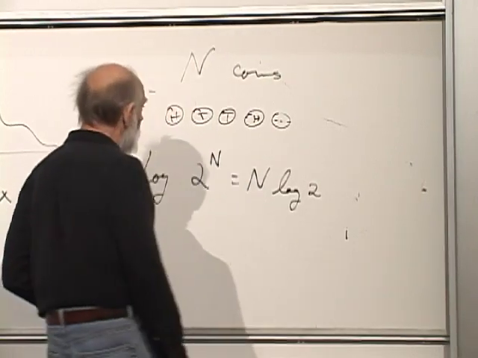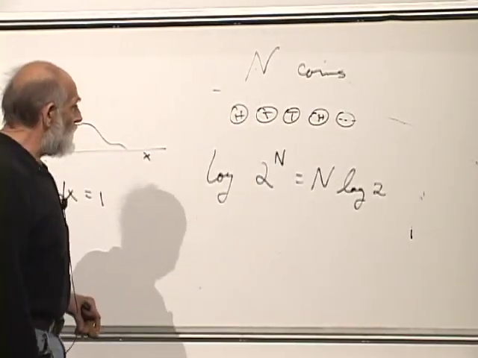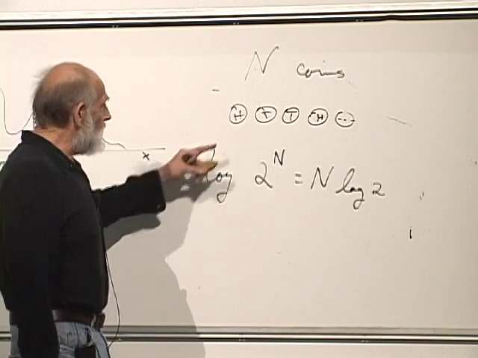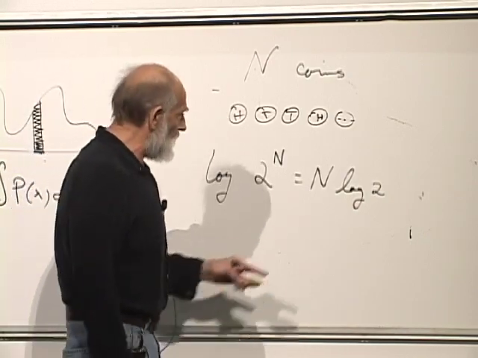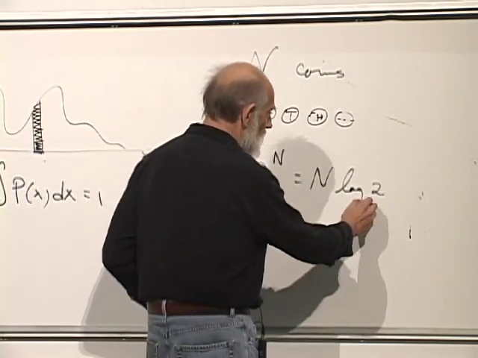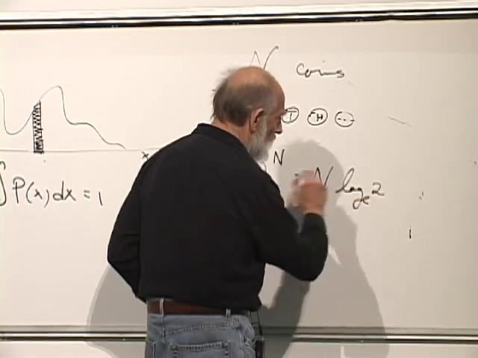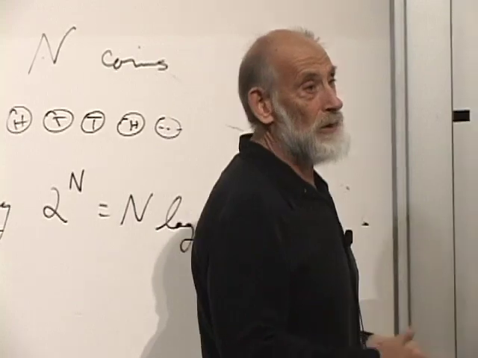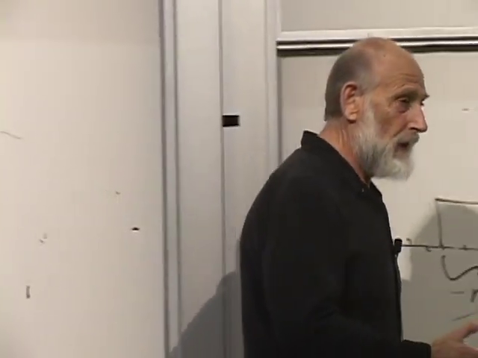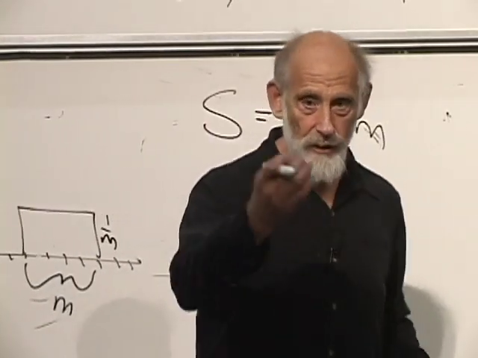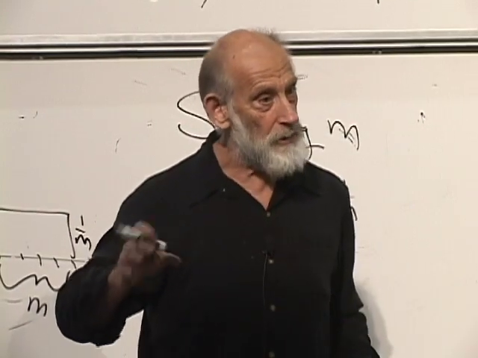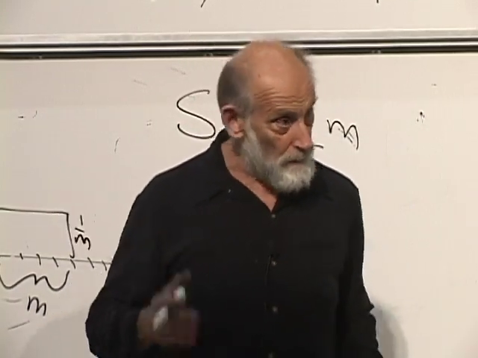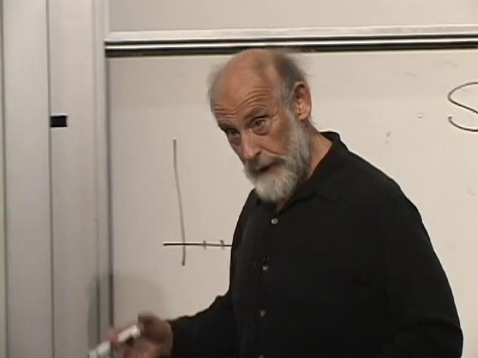But in either case, 1 bit of information means, when we're talking about base e, an entropy of log 2, or when we're talking about base 2, an entropy of 1 unit. The entropy of a single coin, if we didn't know whether it was heads or tails, is called a bit. So entropy is measured in bits.